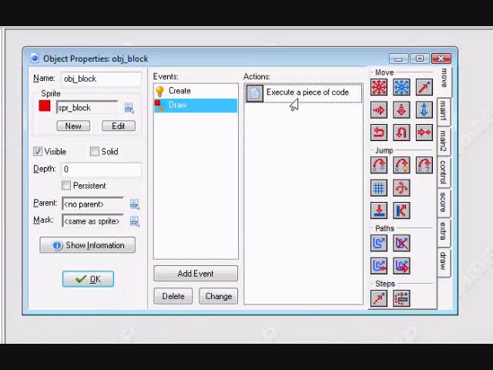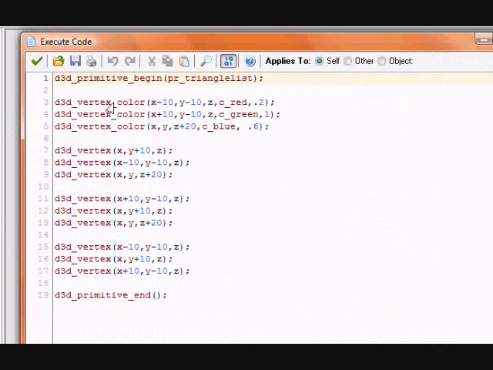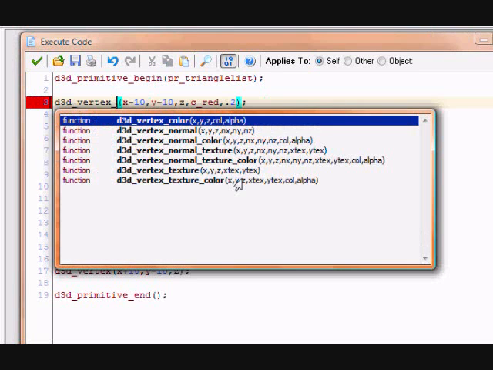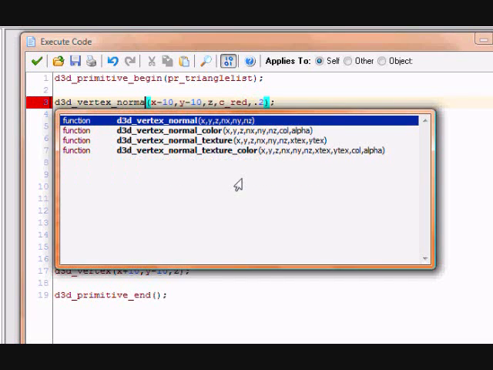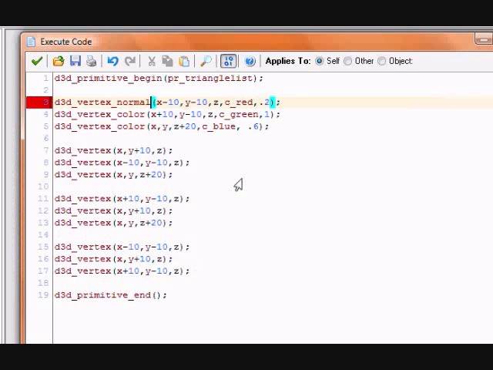Anyway, then there's other types of vertexes you can do. Let's see what else there is. Vertex normal. I'm not really going to show you this right now. I might show you in another tutorial. What this is